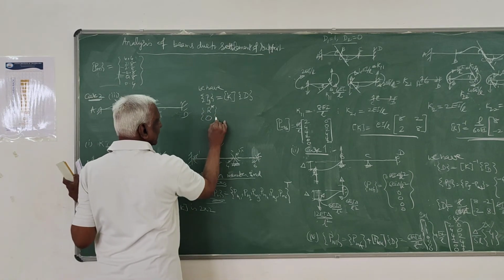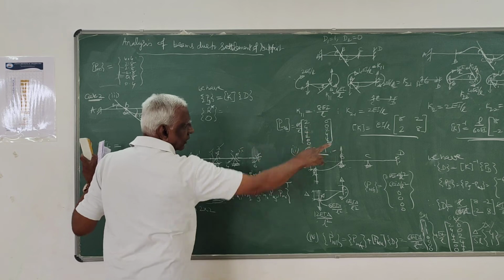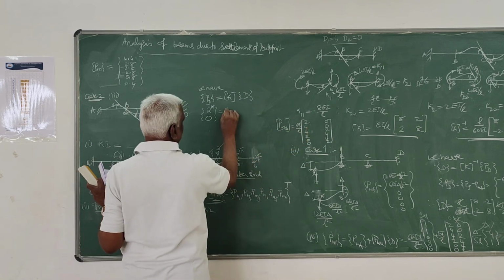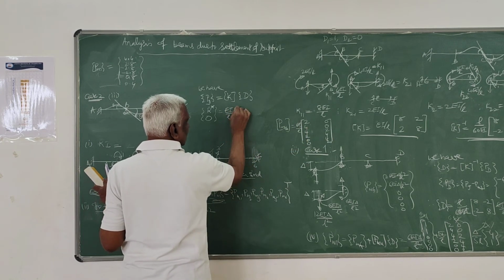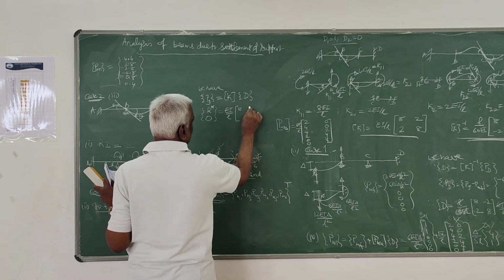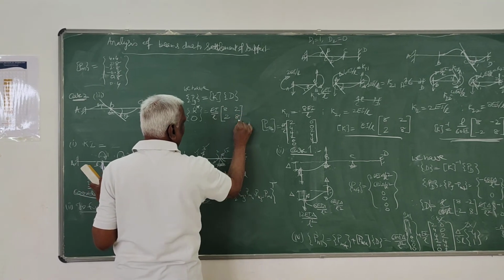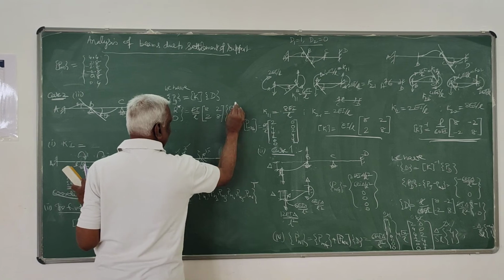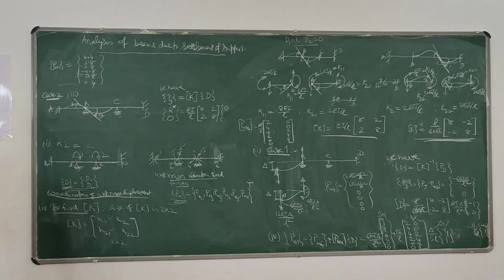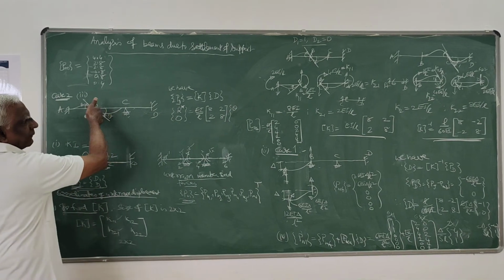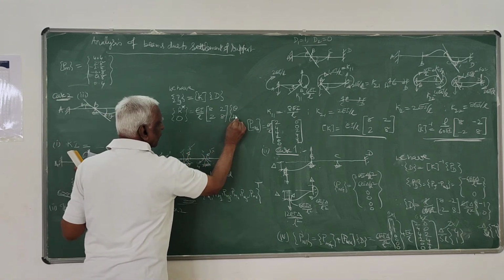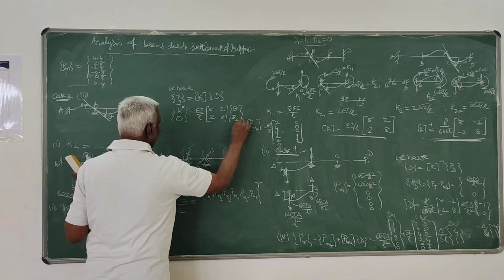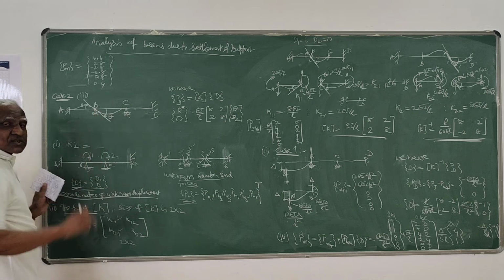You have to take this, and already I have determined for this problem, the matrix with L by L, negative 2, and so on. And D here is theta, corresponding to 1. It has been rotated by now theta. And D2 I don't know, because when I rotate this, this will also rotate.